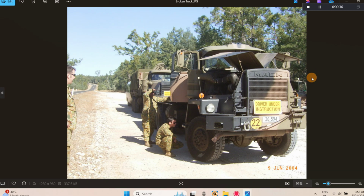going through the army channels, doing the driver's course that way. Again, it was only your basic sort of road rules and that sort of stuff, because a lot of your driving was on base or off on the range, where different rules come into play anyway. But that was probably 20. I was 19 when I joined up. By the age of 20, I was driving the Mack, and it would have been the same year, or 21. I was driving the Mack with the dogs on the back, which is classed as a heavy combination. And then when I got out, I